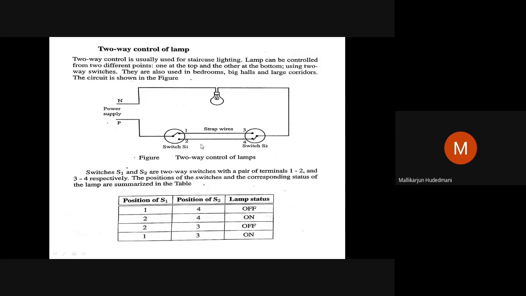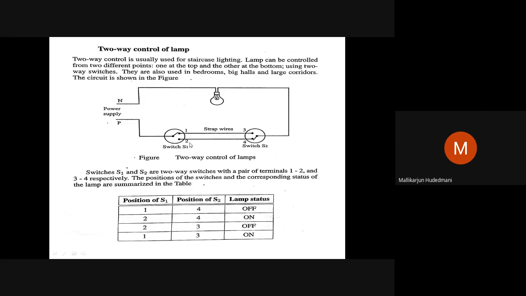Then I have the contact. If switch 1 is up like 1 and this switch is also up like 3, you can see here the circuit becomes closed in contact like this, like this. Can you see here? Like this, goes down and goes back. So the lamp turns on. You can see here, it is 1 and 1. 1 and 3 means the switch is up, and this is also up. The circuit is closed. The bulb turns on. Suppose S1 is down. This is hit down, and this is also already down. So down and down again makes the closed circuit. You can see here, it is in down position. This is also in down position.